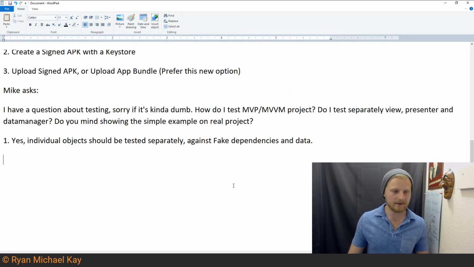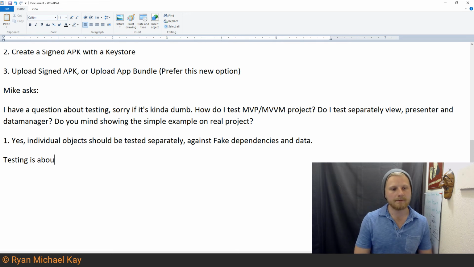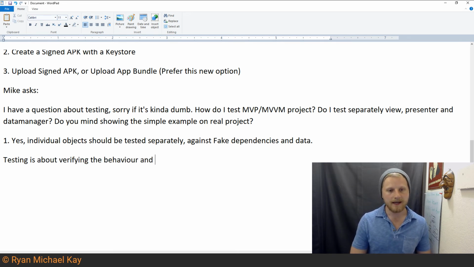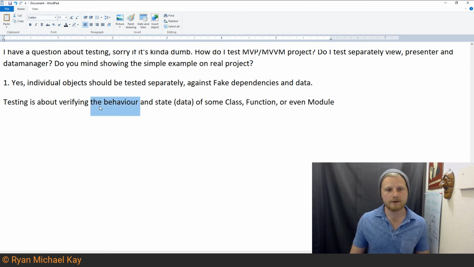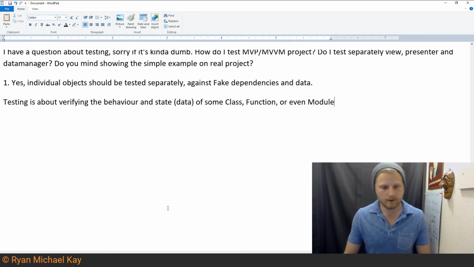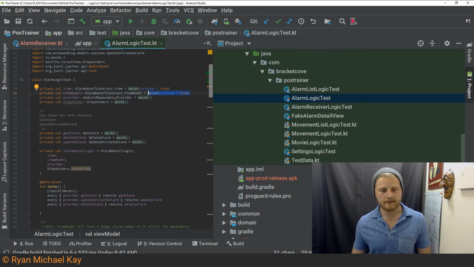Let me just summarize it like this. Testing is about verifying the behavior and state, so that's like data, that's like checking the expression of some class, function, or even module in certain cases. So you're just seeing what does it do and what does it do to the data. I think that's as much as I'm going to ramble about this topic, because there's just too much for me to explain